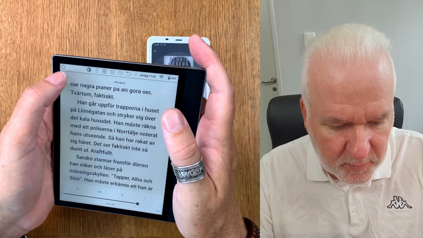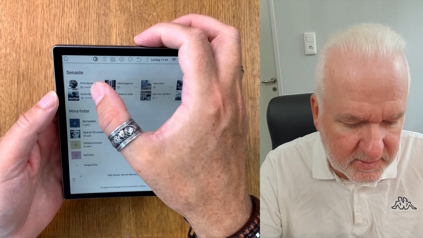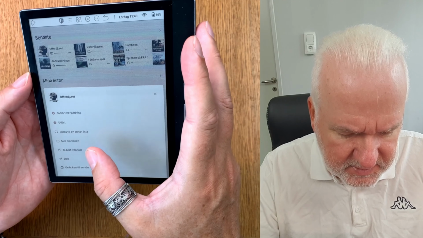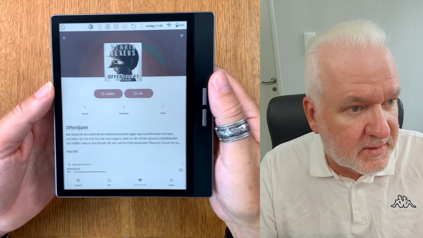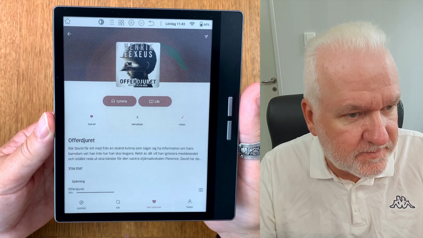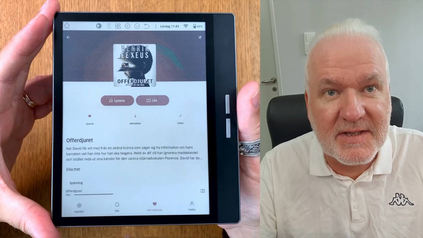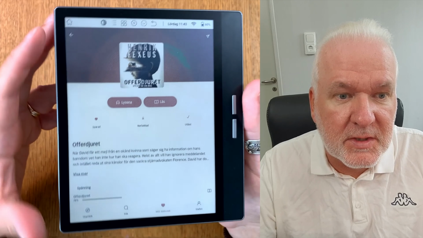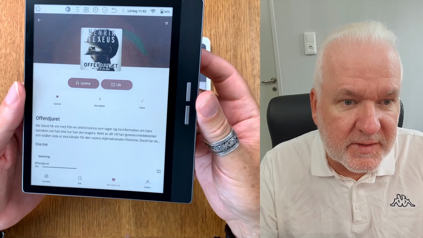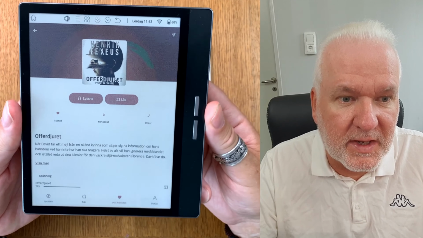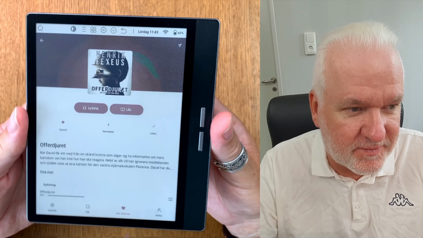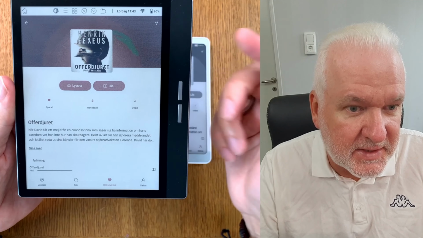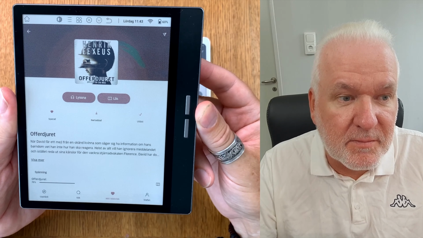But as I said, if I want to sync between where I'm listening and where I'm reading, then it doesn't work. And that is not the greatest of Nextory, sadly. Nextory also has a smaller selection of books than BookBeat and Storytel. So maybe Storytel and BookBeat is still the way to go if you want a huge collection of books to choose from. But another thing is that Nextory is actually a bit more expensive than the other two,